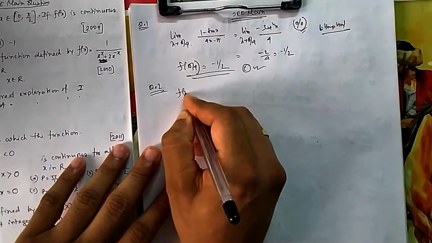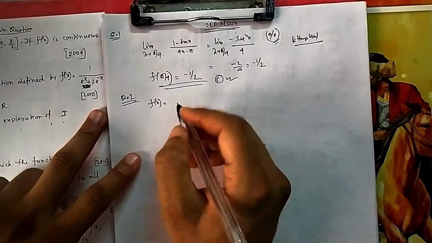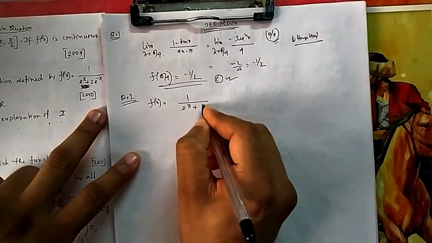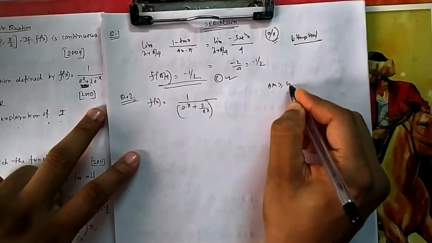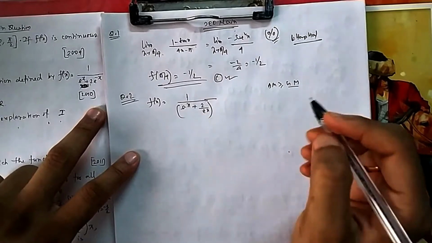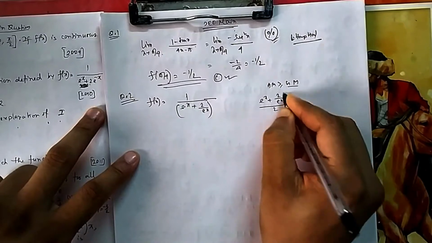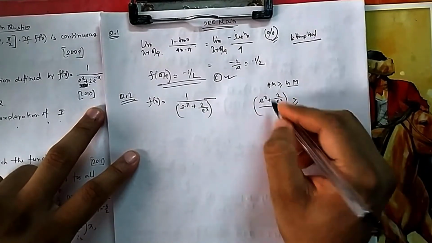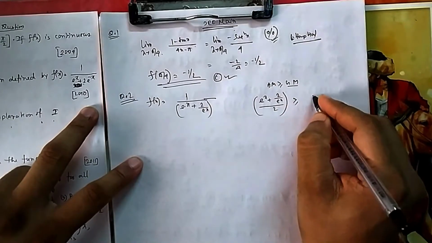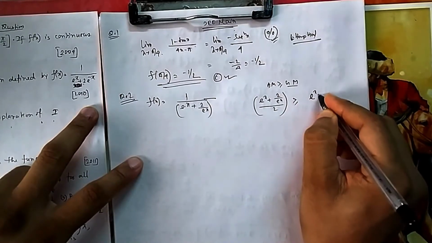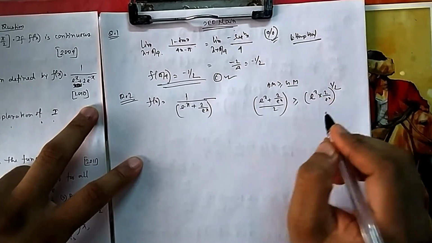Now for this function f(x), let's find the range of this one. If you see this type of function and its reciprocal, then you always go by AM greater than or equal to GM, because if you take GM, then it will cancel out. So what is AM? This is one function, this is the other function, and they are both positive numbers, e to the power x and 2 by e to the power x. AM is greater than or equal to GM, where GM means the square root of the product of these two, and the product is 2.